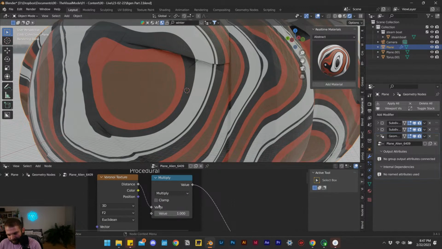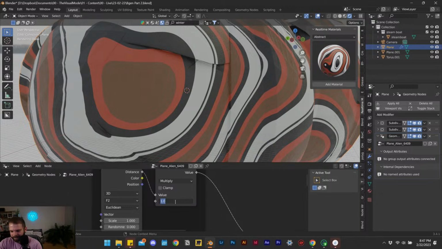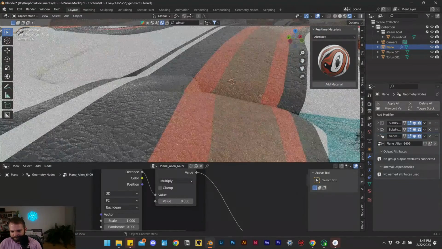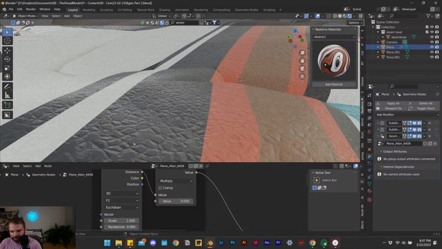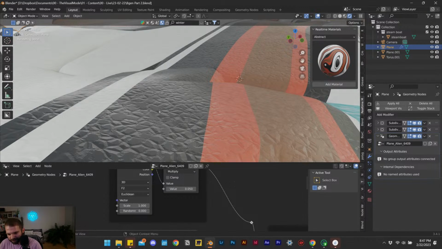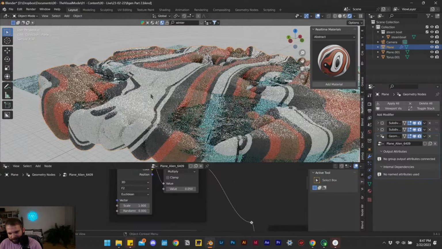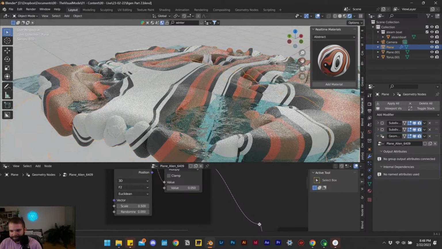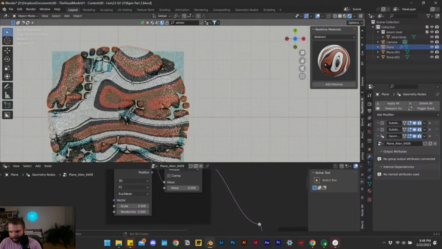If we go here to multiply, I think we have to take this number down like how we had taken the other one down, 0.05. There we go. Not sure if that's part of the material, the sort of leathery piece, or if it's part of the modifier. I think it's part of the material. We go to 0.5 on the other one. That's even